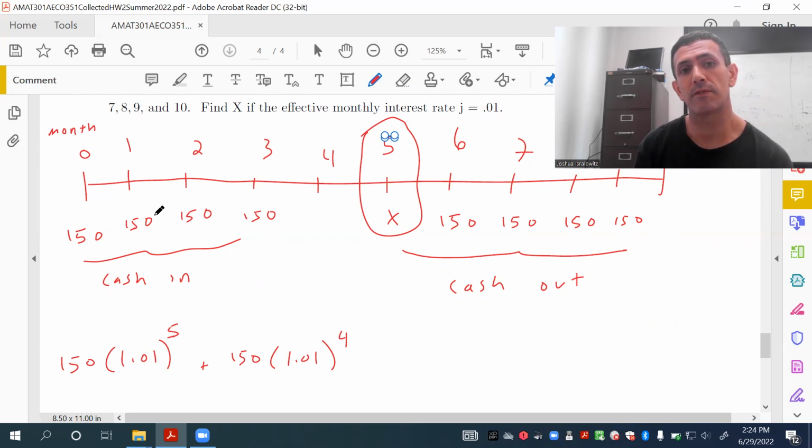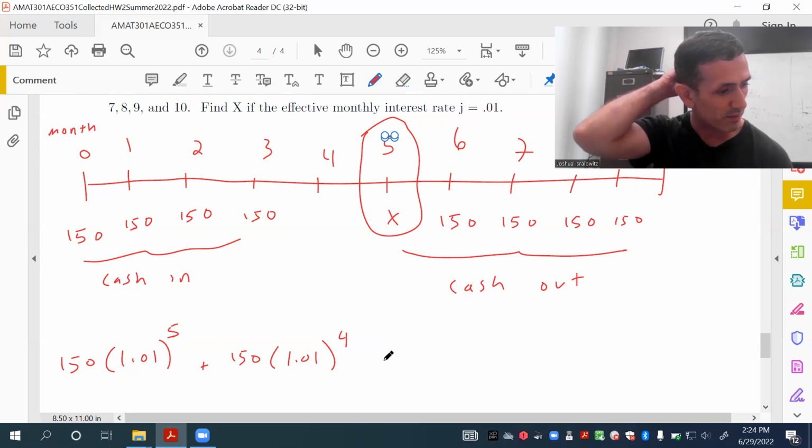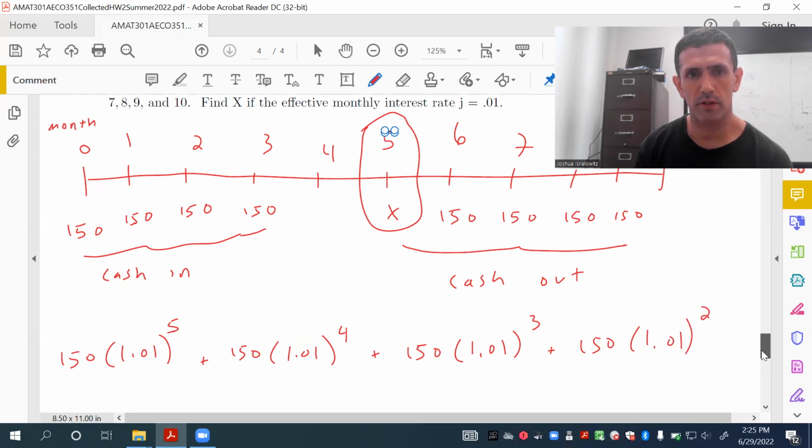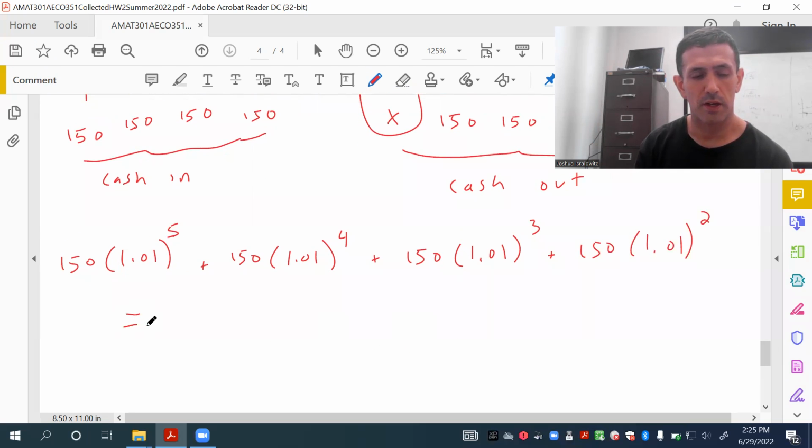It's just the time value of it at T equals 5, and it's easiest to say it earns interest. It appreciates. Has 4 months of appreciation, I guess, is maybe a better way of saying it. And the next two, 1.01 cubed, 1.01 squared. That's going to be equal to